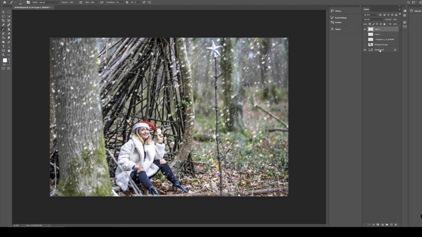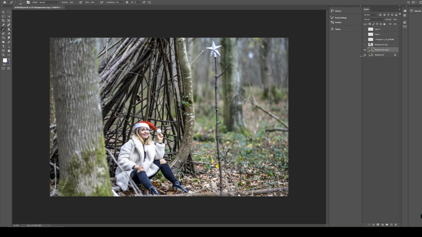So next one is we're going to take the background. I'm actually going to duplicate the layer. So we've now got it there. We're going to turn the snow off for a minute. It's back to normal. To create the snow, there's probably many ways of doing this,